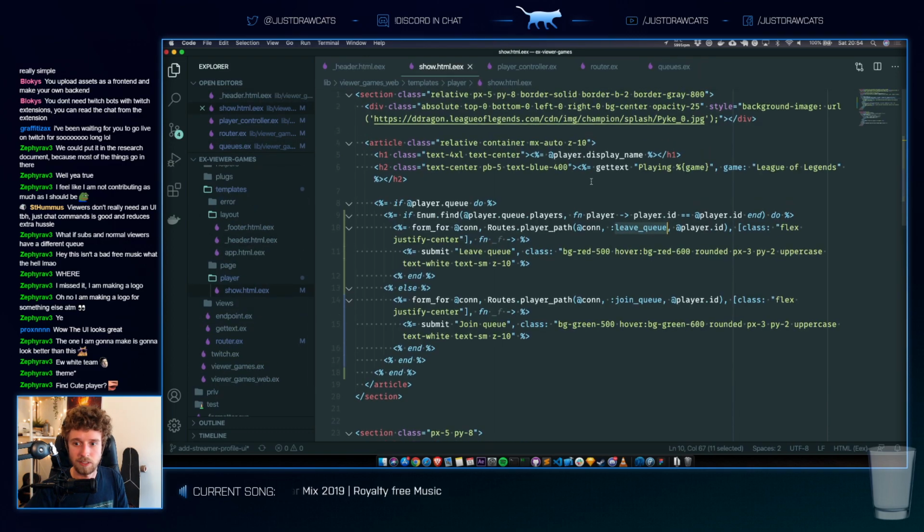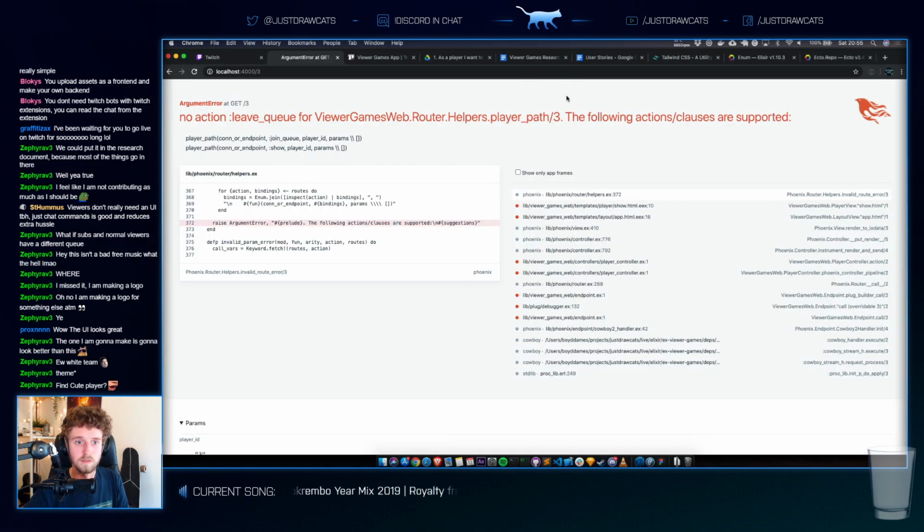Does that work if I do this? Form for leave queue. Sure. Following clauses: no action leave queue on helper's player path.